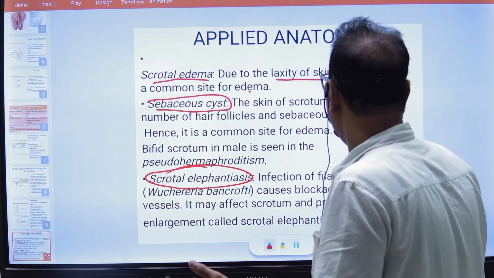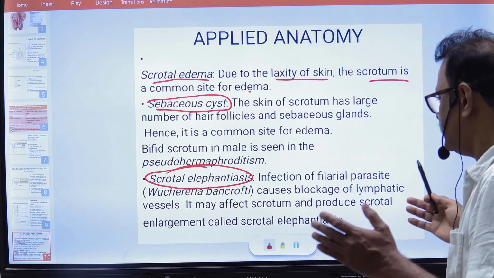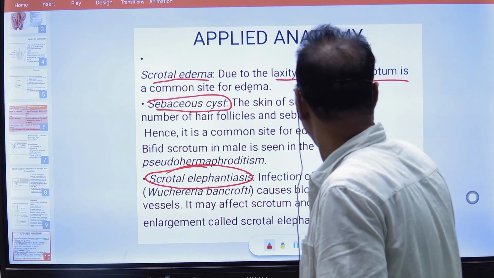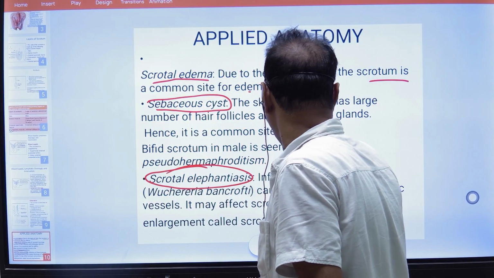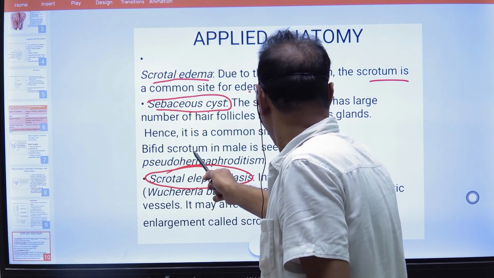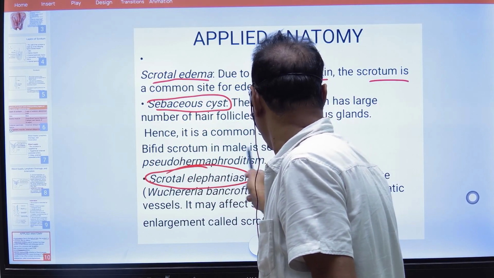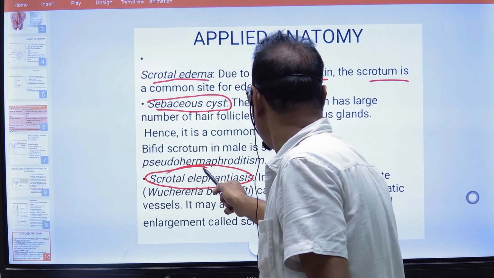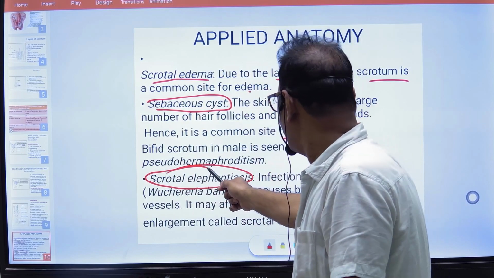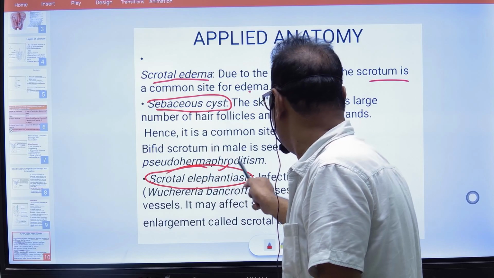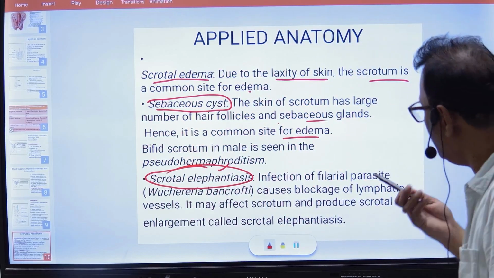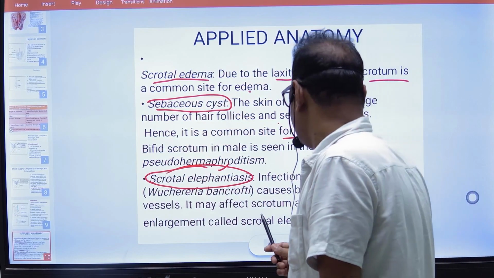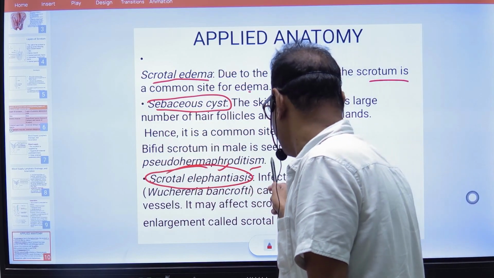Cyst: we already know that it has numerous hair follicles, sweat glands and sebaceous glands. So it has a large number of hair follicles and sebaceous glands. And in a bifid scrotum in a male, it is pseudohermaphroditism. This condition is known as the bifid scrotum. अगर मेल में दिखाई देगा तो इसको pseudohermaphroditism, इसमें आपको इस कंडीशन को बोलेंगे।